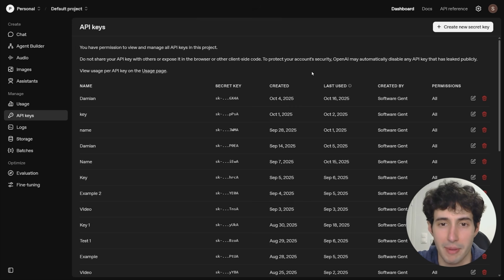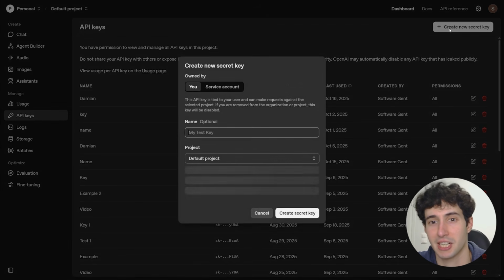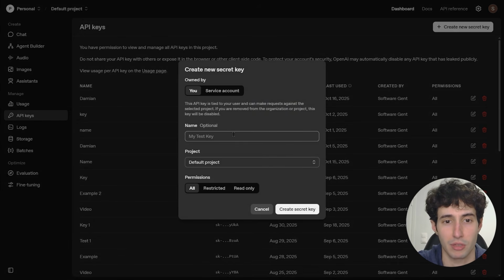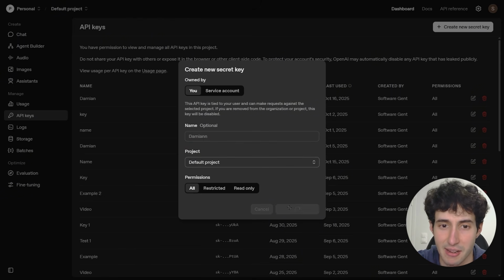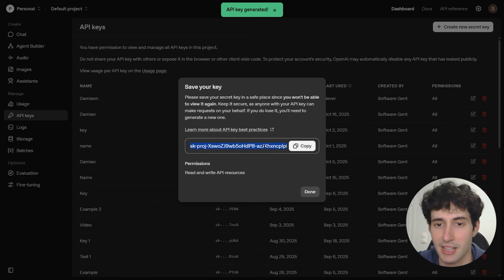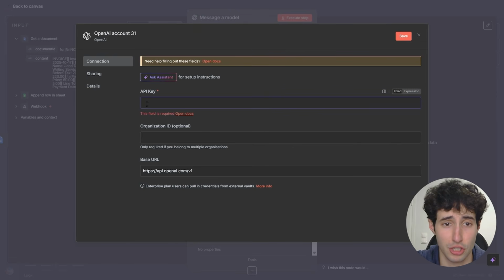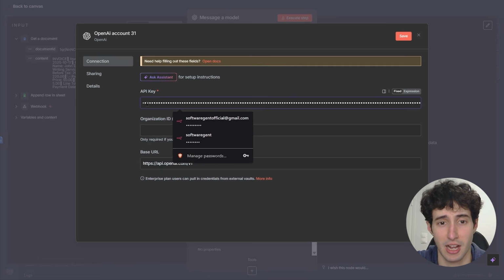Now to find your API key, you need to go over to platform/openai/keys. I will leave a link for it in the description below as well. And then simply come over here, click on create new secret key, then simply give it a name. I will name it Damian, for example, and then I will come over here, click on create secret key, and boom, this is our brand new API key. So all we have to do is to simply come over here and copy it. So all we have to do now is to simply come over here and paste in our API key,